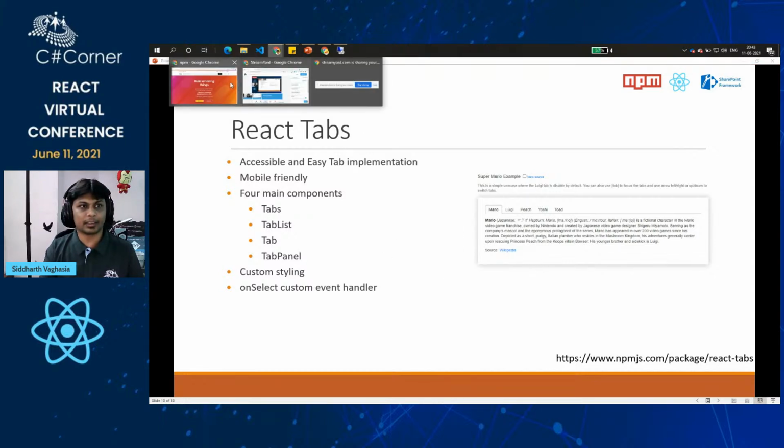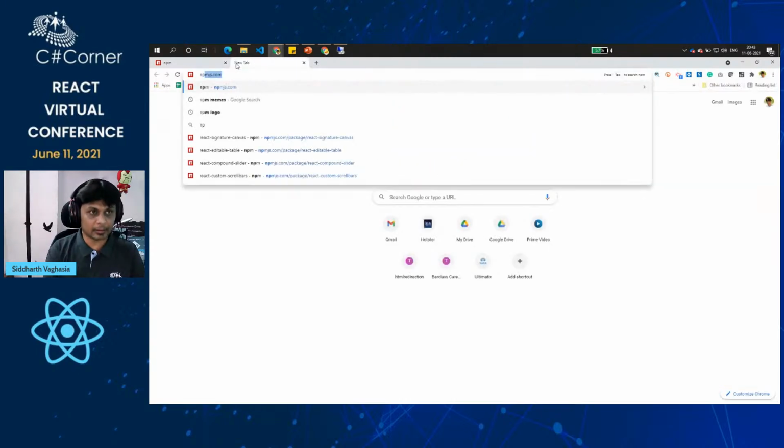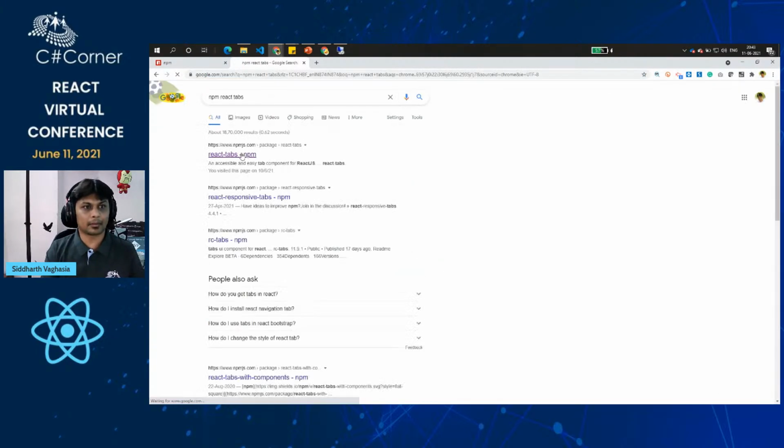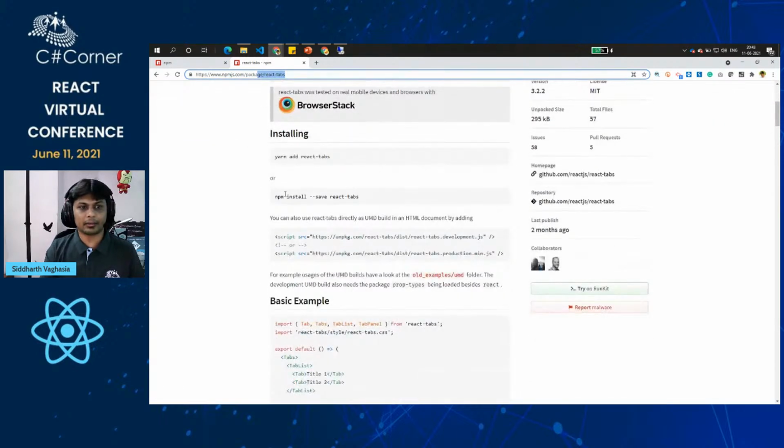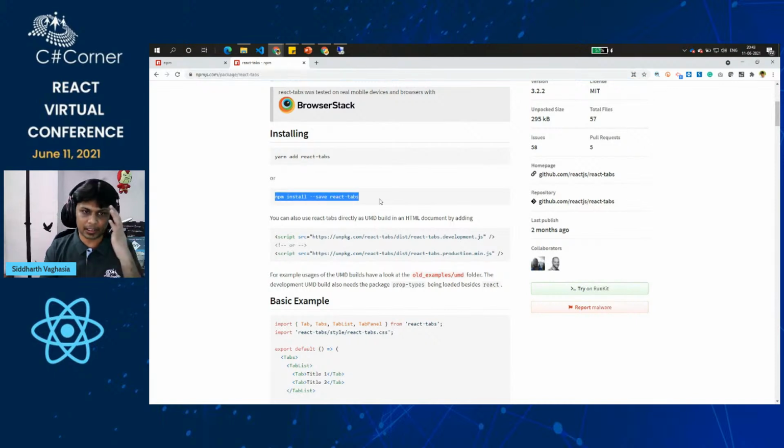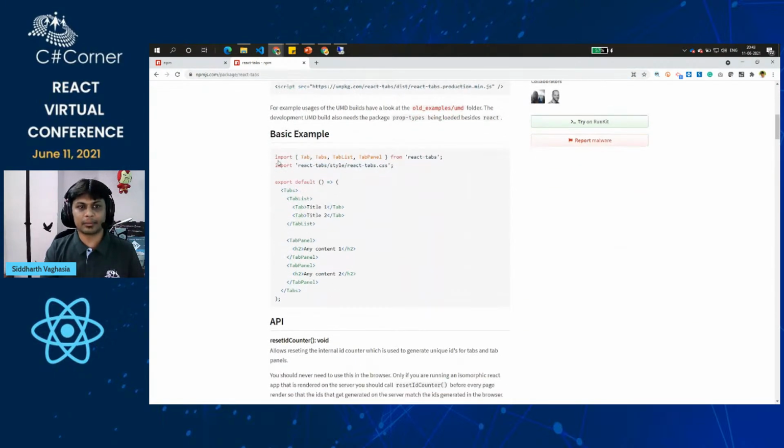Like for example, if I just, okay, so this is the documentation of the React tab. And if you see, what we do is we first install it using the npm install command. And then the basic example says you import it first. What are the components you wanted to use, you import them first, and